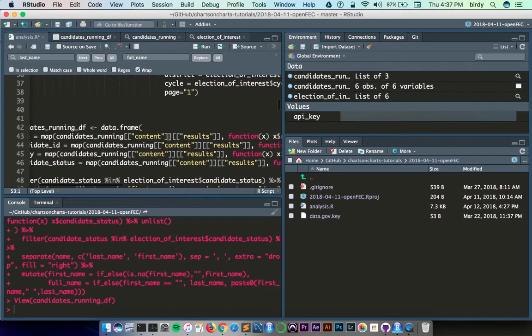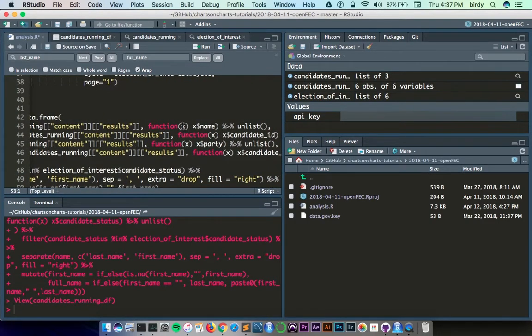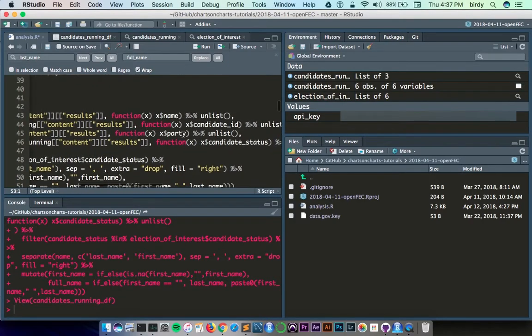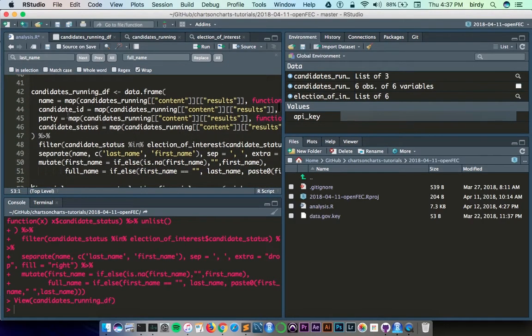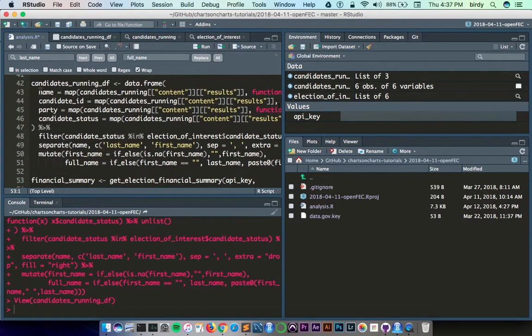Then for each item in that list, we call it X, and we take the name property. And we're going to collect them all, unlist them, and put them in a name column